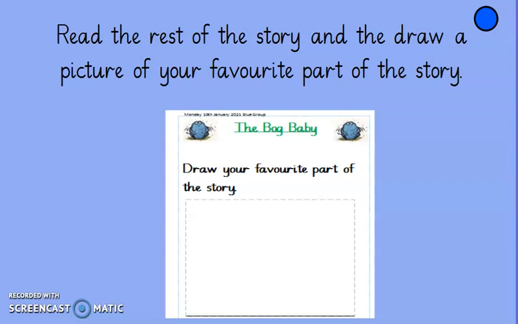Okay, and that is it for your literacy lesson today. So you're writing predictions. So red and orange group, you're writing your predictions and answering those questions that you have in your booklet. Yellow and green group, you're answering one prediction. So choose one. What do you think will happen at the end in the story and why? And then blue group, you're drawing a picture of your favourite parts of the story.